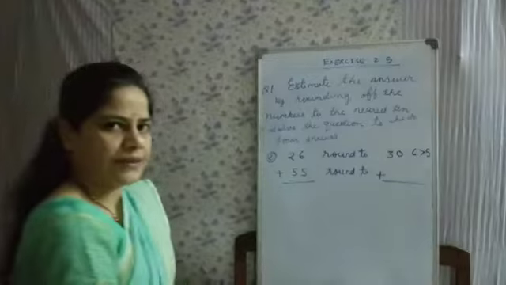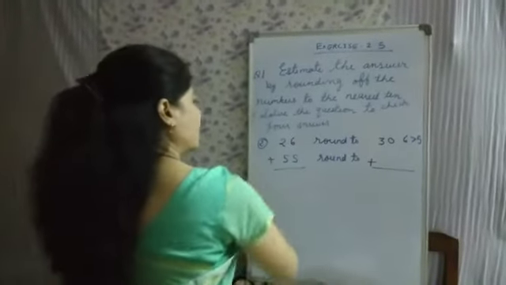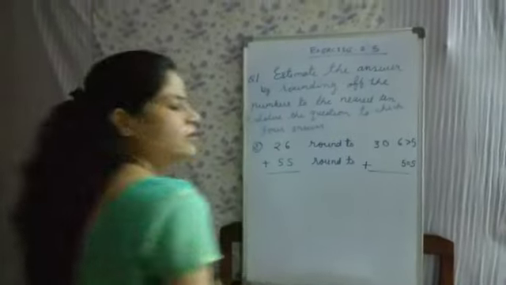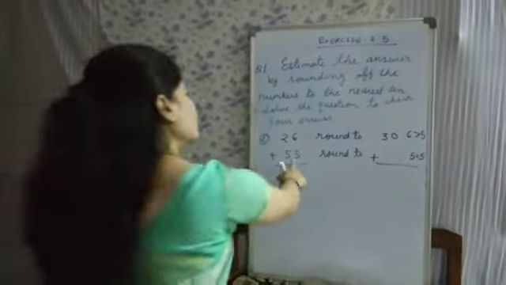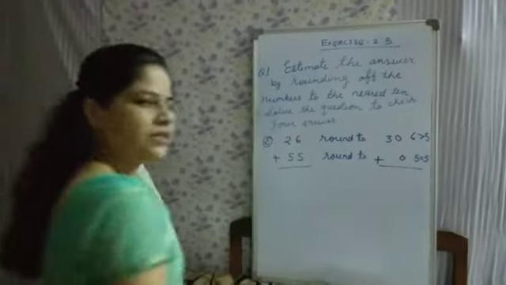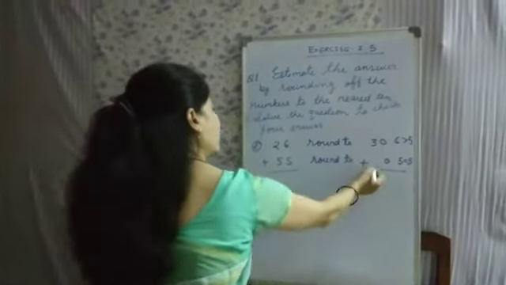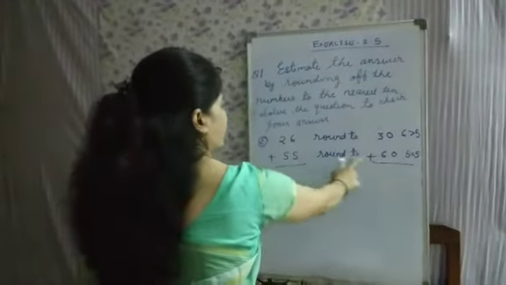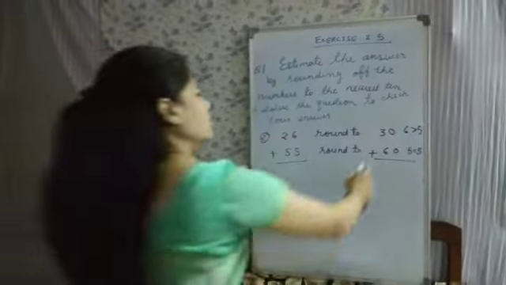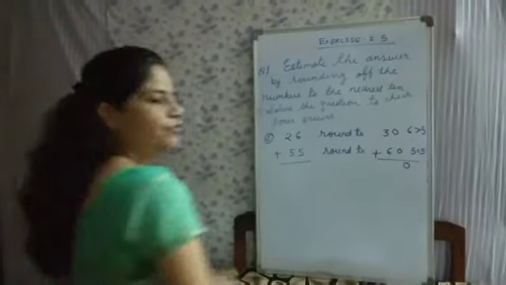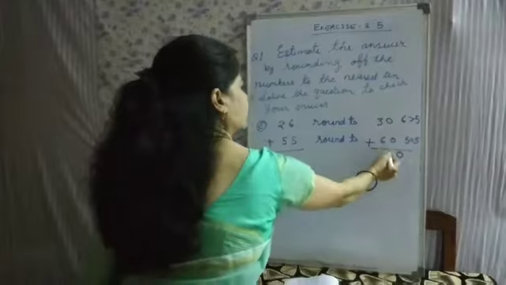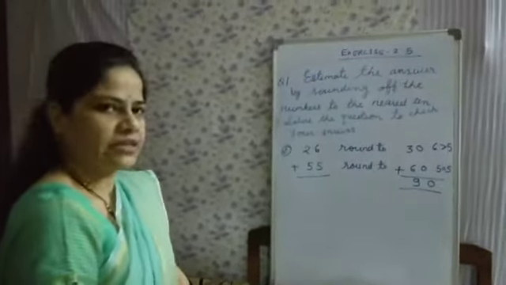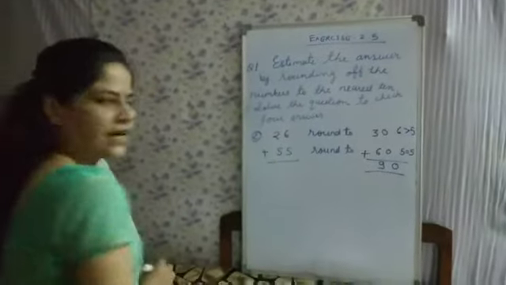So what will you get after rounding off 26? You will get 30. Now you have to round off 55. Here on ones place the digit is 5. So here 5 is equal to 5. So put 0 at the ones place and write the next digit of 5, which is 6. So when you round off 55 to the nearest 10, you will get 60. 0 plus 0 will be 0. Now you have to find the estimated sum, and 3 plus 6 will be 9. What will you get as the answer? The answer is 90. Now you have to add the numbers as it is.